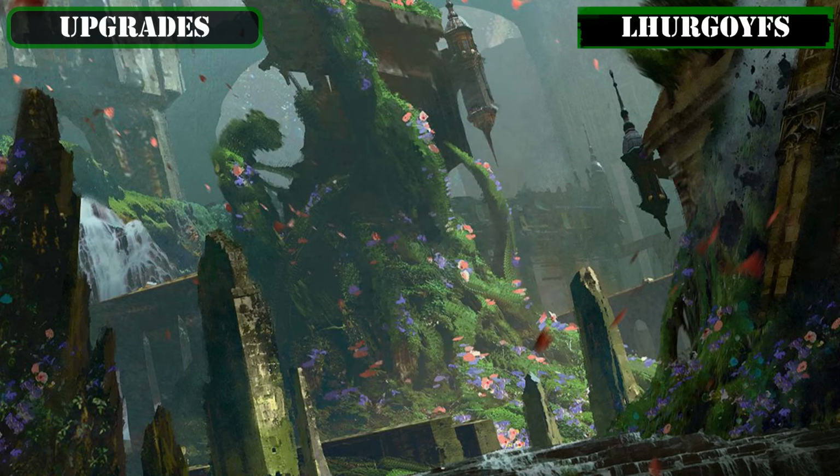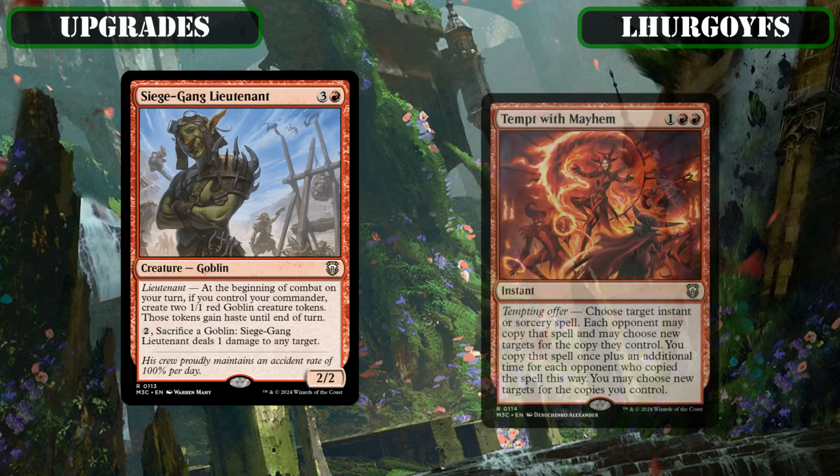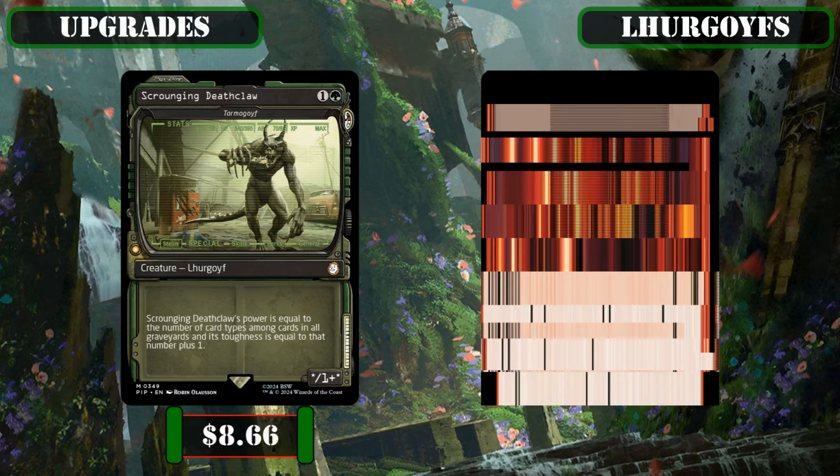So, now having covered all of the new graveyard setup and graveyard value generating additions that we've added to the build, let's switch our focus onto the handful of new Lhurgoyf additions that we'll be making in order to both take advantage of all that new graveyard setup and to just get a bit more value out of our commander's free tribal reanimation as we get them into our bin, in which we'll be replacing the 2 goblin-focused Siege Gang Lieutenant and the 2 gimmicky Fork Tempt with Mayhem in favor of the actual Lhurgoyfs, Scrounging Deathclaw and a Terror,